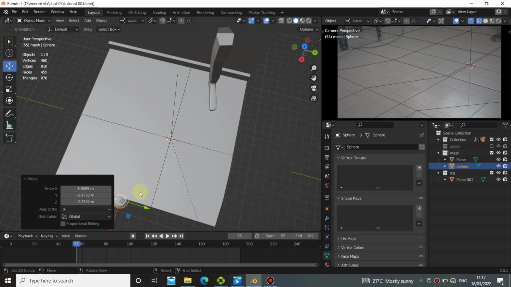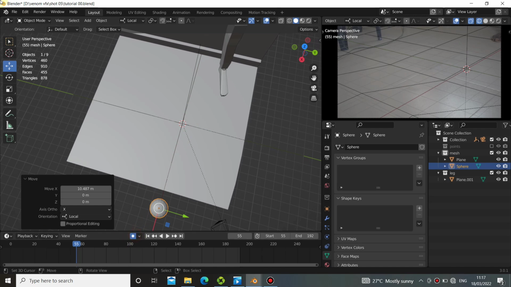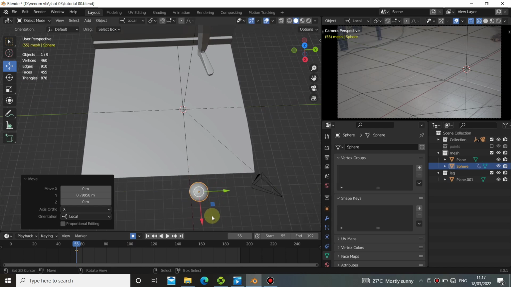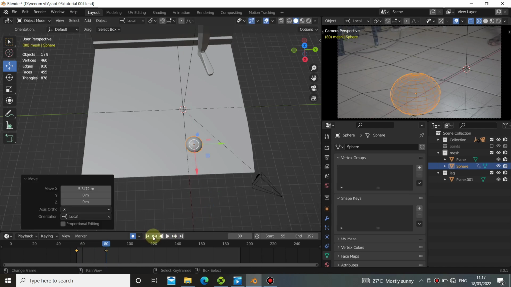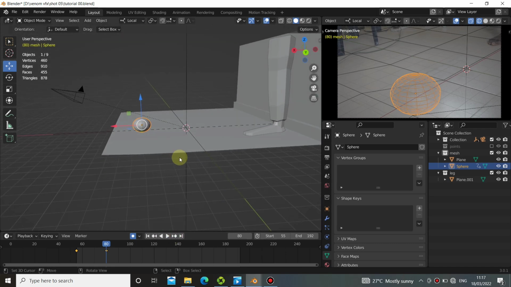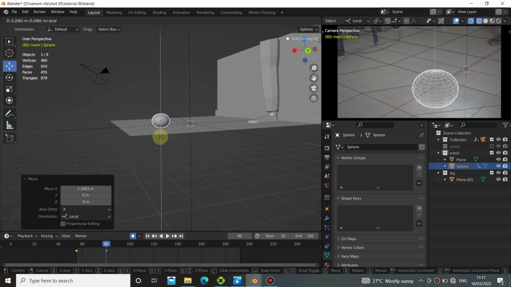So drag this back. Then turn on auto record because I want to auto keyframe, so whenever I make a change to this, it will affect the keyframe. Okay, so the first thing, come up here to frame 80, then drag it to the scene. Let me just play that to see exactly how it's working. Okay, yes, working fine. So for this, I'm not just going to drag it up, I'm going to rotate it also. R Y, then rotate it like this and drag it, and it will touch down